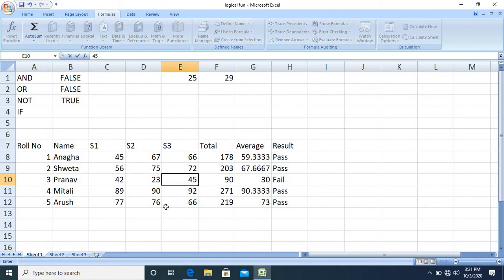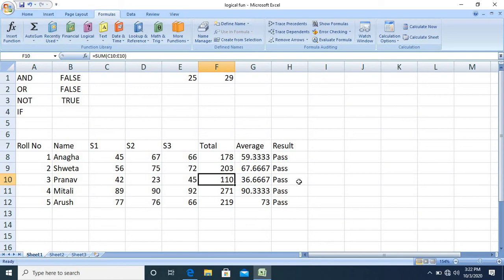Suppose the marks scored by Pranav in subject 1 is 42, subject 2 is 23 and subject 3 is 45. In this case, the average will be greater than 35. So the result will be pass.